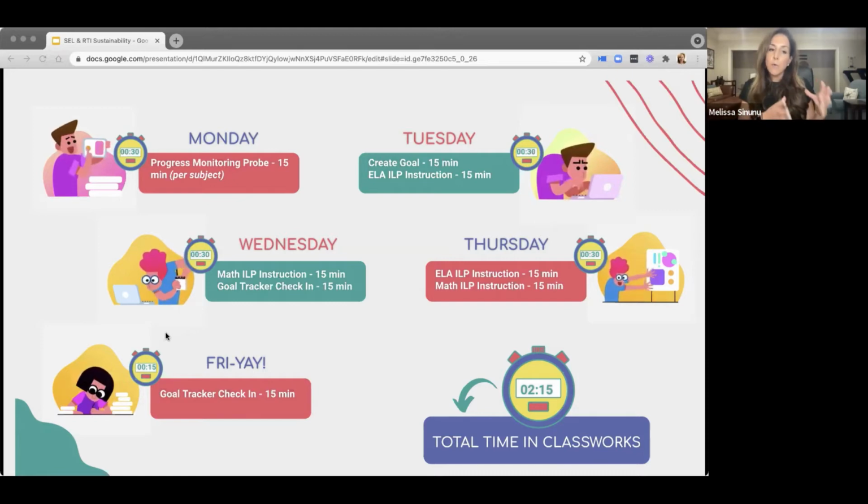So setting aside 45 minutes a day for students in Tier 2 and 3 to participate again in progress monitoring and intervention services ensures that your MTSS process has the time and attention that it needs. And it's really ideal if your school does not place rolling out MTSS on the classroom teacher, as we said, just to integrate it as they see fit. Having that master schedule that allows students to participate in individualized experience does help facilitate that more sustainable framework.